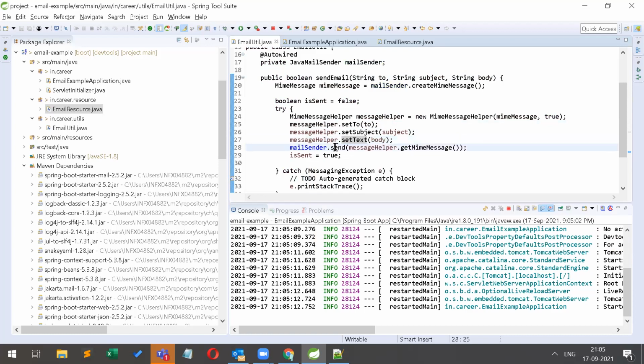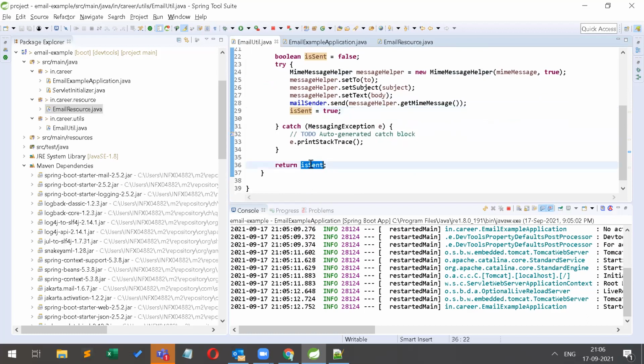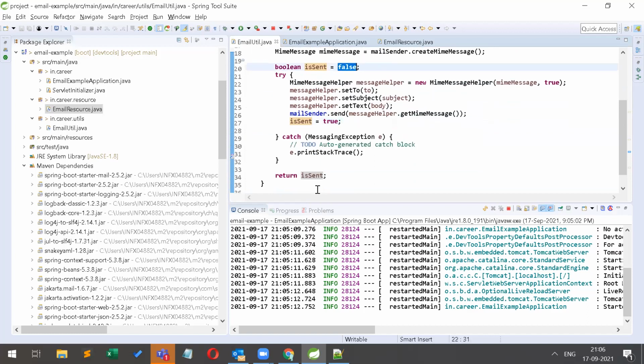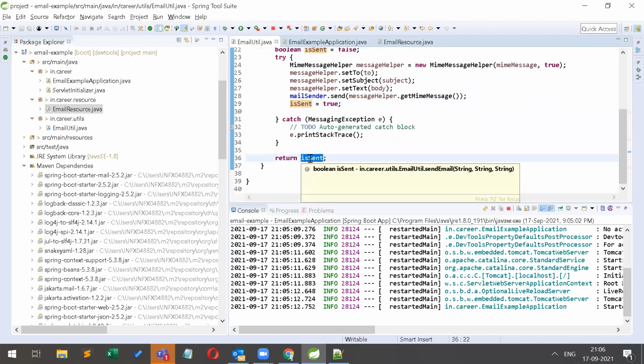And simply mail sender dot send, which means we are sending whatever we have set into the message helper. I am setting true and returning that true. If any exception occurred here, the default value is false and it returns false.